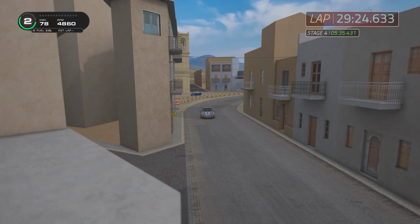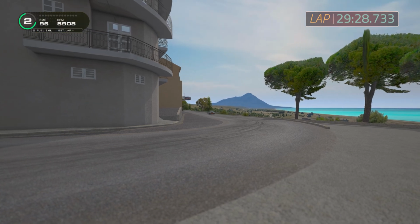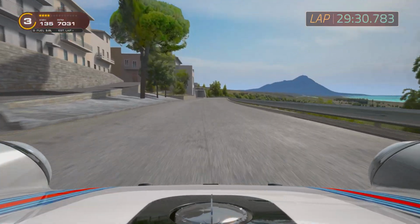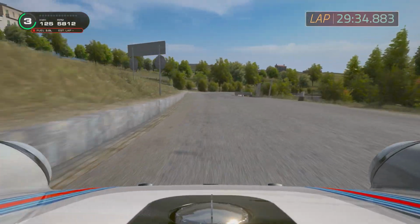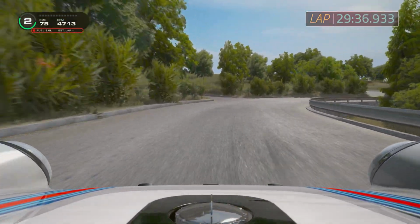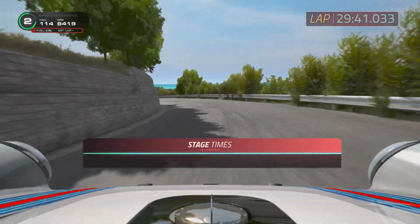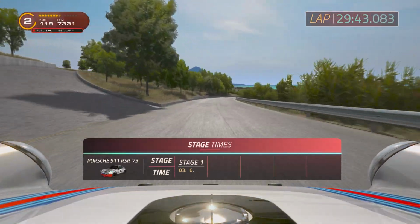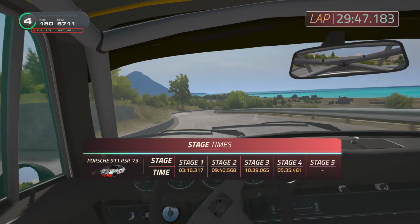The ocean getting ever closer. Last few corners through the town, and there we go. Look at that view. And off we go. Few tricky corners here before the straight. You think it's all over, and you've still got a little bit of challenge. There we go. Okay, full speed now, up through the gears as we head towards...